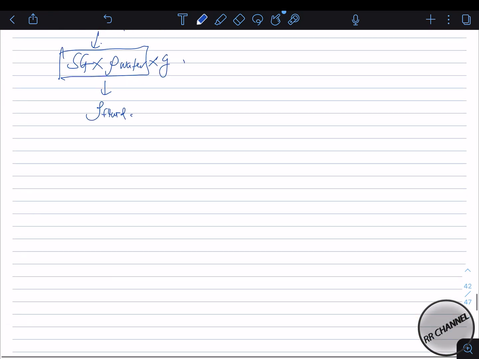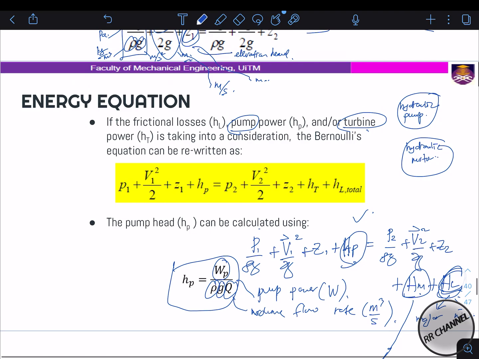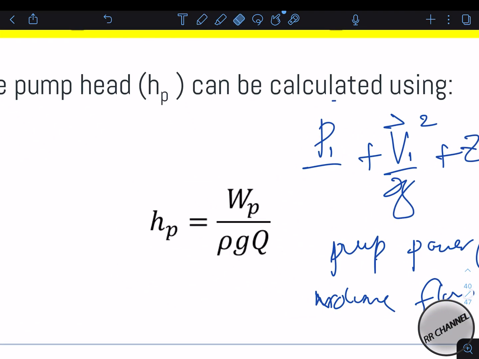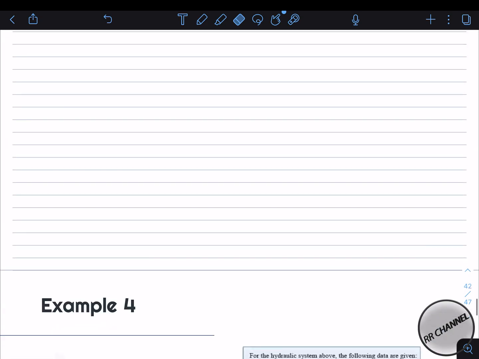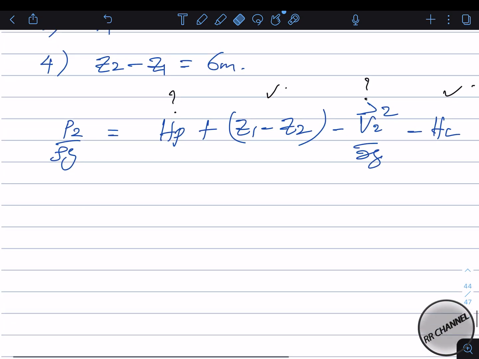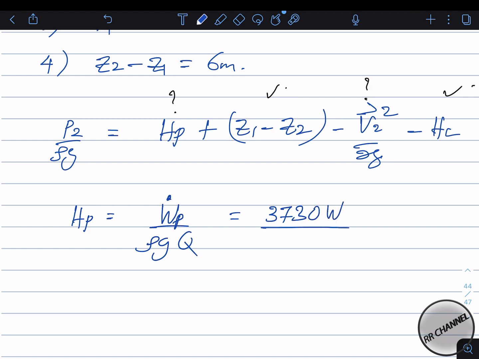Okay, HP, how to find HP? So just now I have put here, right, this is your formula to get the HP. HP equal to WP dot divided by rho GQ. I always put a dot here to indicate the difference between energy and power. Right, so the question already gives you the value of the pump power, so just put the value here. Pump power is equal to 3730 watt divided by rho of the fluid,